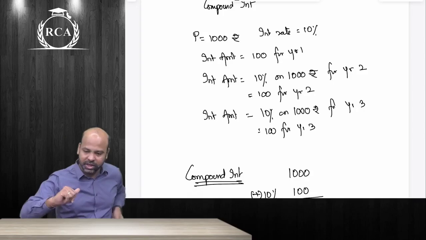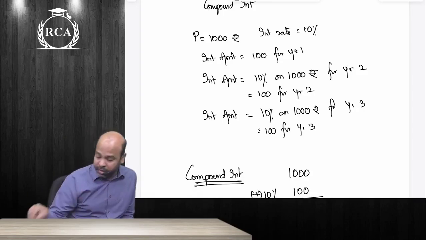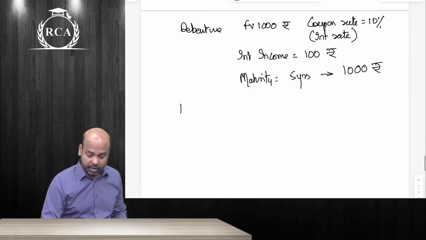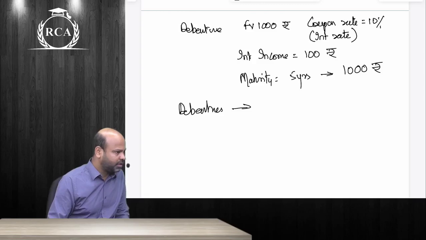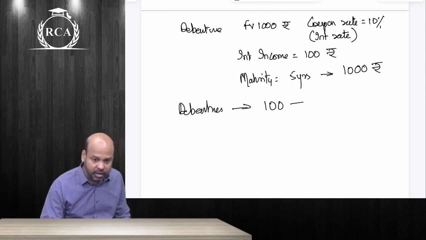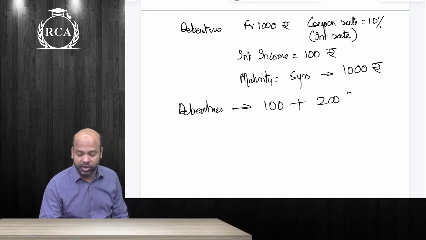Here, imagine guys that instead of her giving me 100 rupees, she is also repaying a principal of 200 at the end of every year. There are a few debentures, beta, where principal is repaid every year. Amortization. So in the first year they are giving me an interest of 100. They are also giving me 200 rupees towards principal.